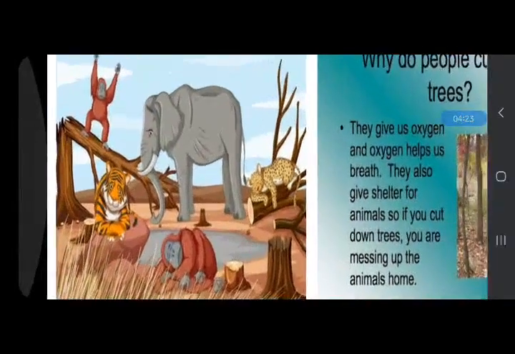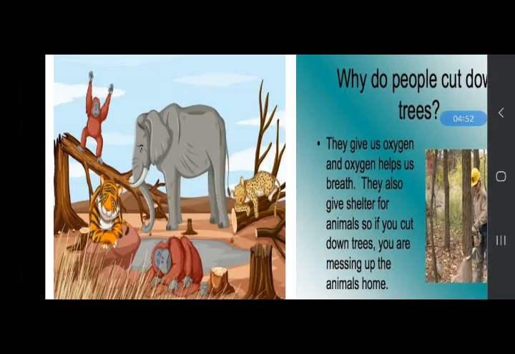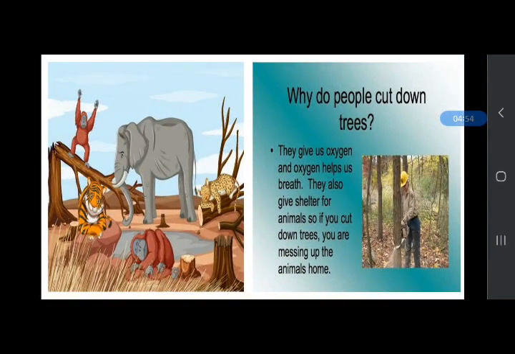In this picture you can see these animals lost their house, which is a forest, because forests are being cut down to make factories, roads, and for farming also. If forests are cleared, animals will be homeless and hungry unless they find another forest to live.